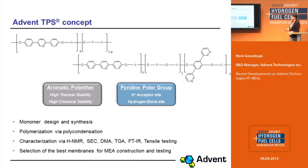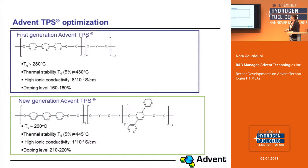So what we do as a last step is that we select some of the best materials and we keep working on them in order to have the best commercial products and the various generations of products. So our first generation Advent TPS material is the one that you see here. So this was an aromatic polyether with one pyridine ring per repeat unit. This polymer was quite good for high temperature PEM fuel cells